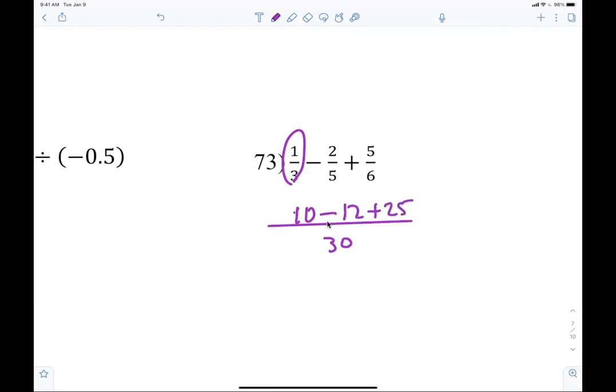You guys got good mental brains, all right? Learn to abbreviate the adding and subtracting fractions. So my final answer here is what? If you subtract 10 by, just tell me the answer. 23. Yeah, if you can't do 10 minus 12 plus 25 in less than 5 minutes, we're in a little bit of trouble here. All right, here we go, 72.